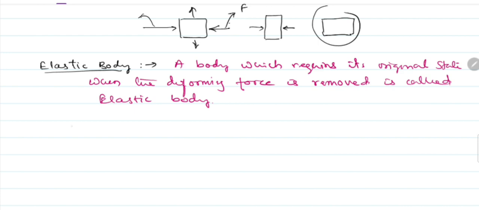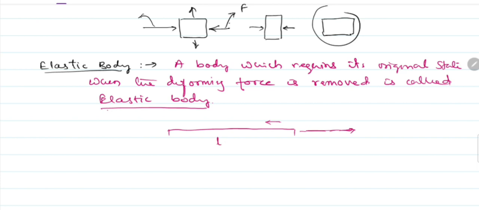One more thing here. This is the rubber I have taken. I have applied force to that rubber. The rubber changes its shape and size, and again I am removing that force. Again it moves towards the original state, and again I am applying the force. Again it changes its state. So continuously I am doing work on that rubber. After some time, what happened? That rubber does not regain its original state. It regains, but not completely.